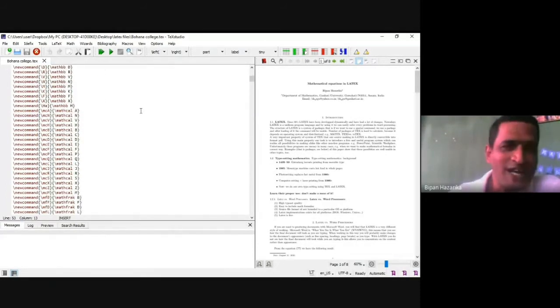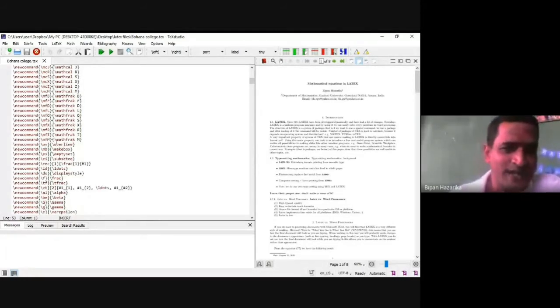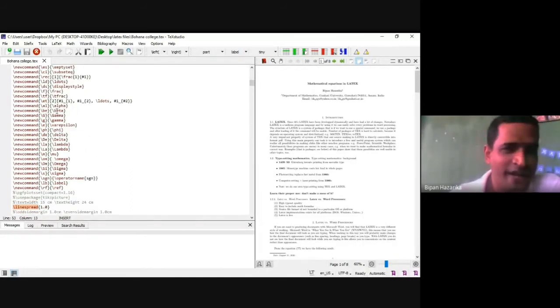Similarly, for curly letters I write \mcA, that means A will come curly. Similarly the others. Then if you want to write math fraktur form, we write in place of C, \mfC, \mfB, \mfA. If you write these, then we get the mathematical symbol in the fraktur style. So these are the shorter commands. And see the gamma.